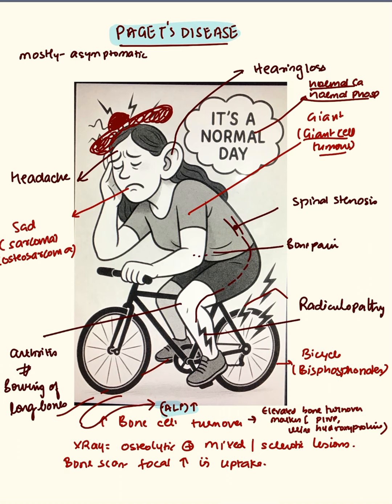So just to give a brief description, in Paget's disease, the pathophysiology is basically excessive bone remodeling due to increased osteoclastic as well as osteoblastic activity, and that is why it replaces the strong lamellar bone with weak disorganized woven bone, and it's going to affect the skull, the spine, the femur, and the tibia,